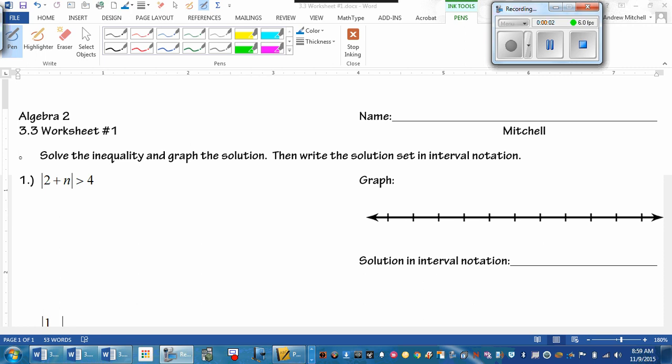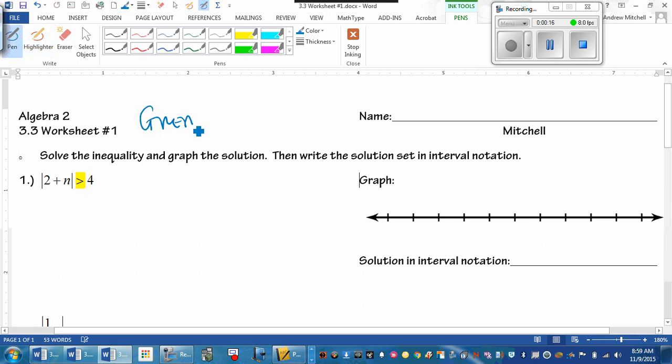All right, number one, let's solve this inequality, graph it, and then write our answer in interval notation. So in order to solve it, first we need to look at this sign right here. So this is a greater than. Remember, I'm not bad at spelling, but I'm spelling this way on purpose. Greater than. If we have a greater than or greater than or equal to, then we're going to have an